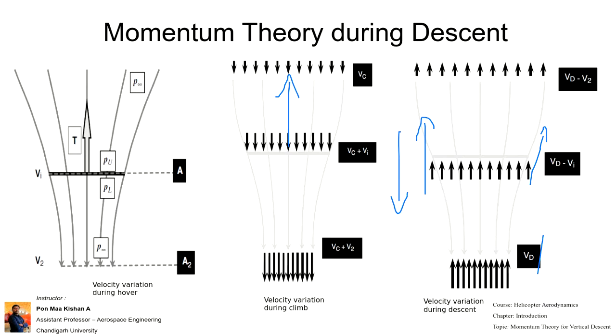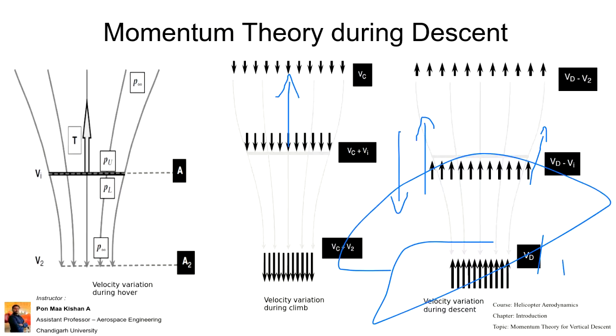So during the descent phase, the air at the lower surface will be taken as the inflow. From that lower surface, here the section will be 1, 2, and this is our exit. Can you understand that? Right? So that is the difference between climb and descent phase.